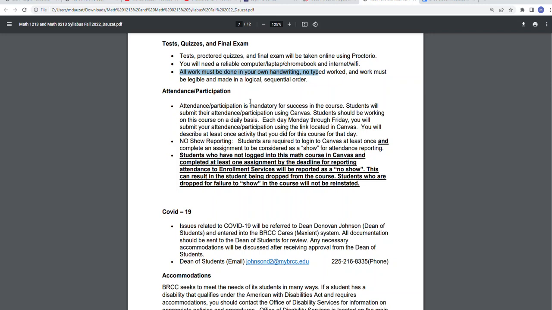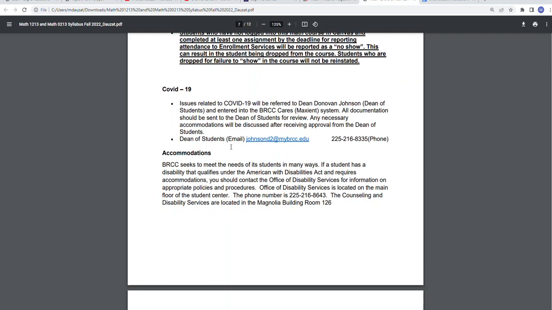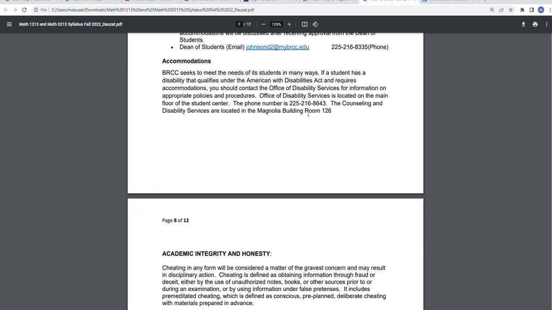Attendance. So attendance will be taken every day. Each day you're required to work on this course. So each day, for attendance participation, you will submit something. All you have to do is describe at least one activity that you did for this course for that day. All right, and information about accommodations,